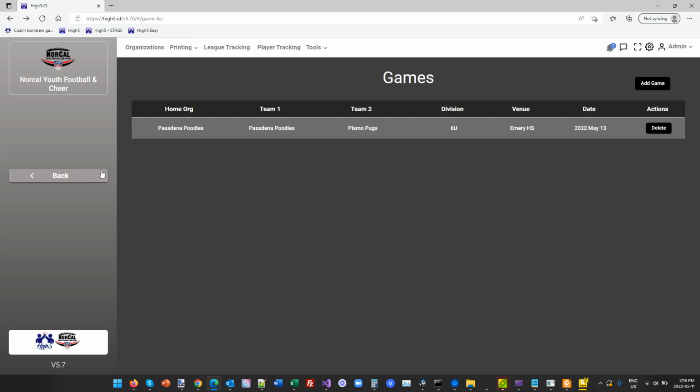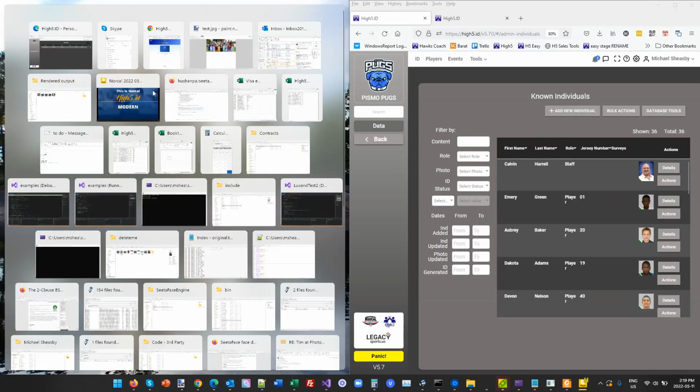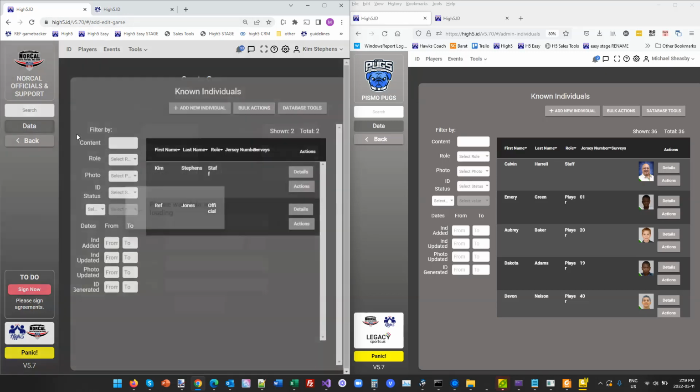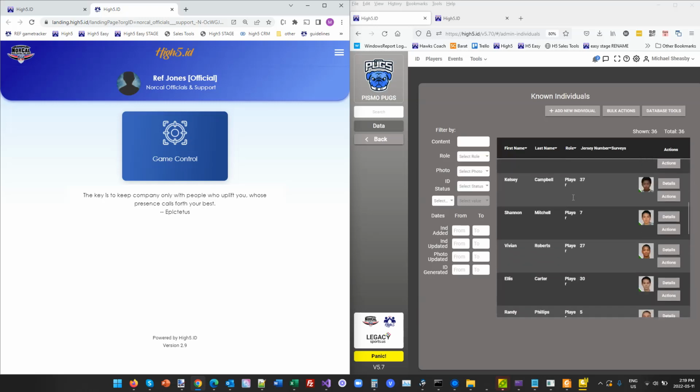But now the game exists, and that means that people from the Pugs and the Poodles and the refs that are going to be at that game can now find it. So what I'm going to do now is show you a couple of other people. There's a group called the Norcal Officials and Support, which has people like a ref, and this is the ref's personal page, which on their phone they would see, and this would allow them to control the game. And for the Pugs, which is this made-up team, here are all the different players,